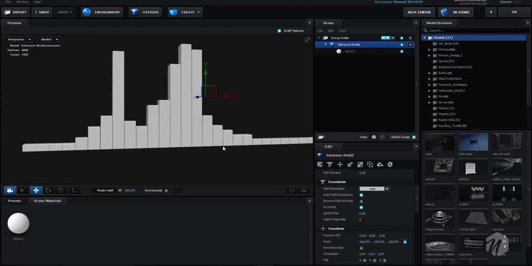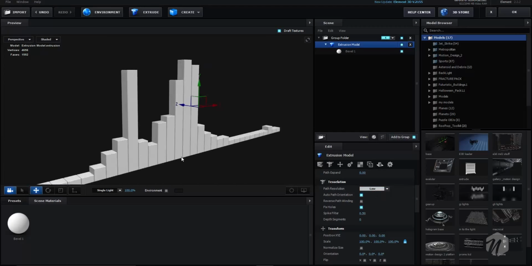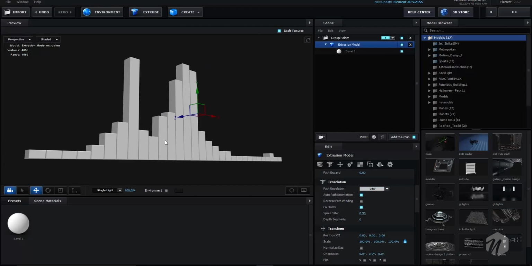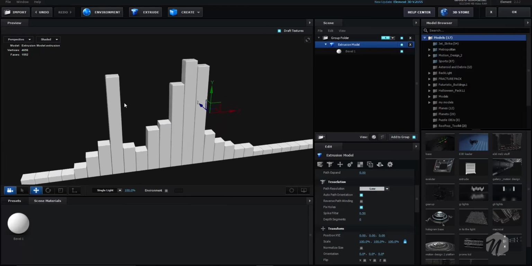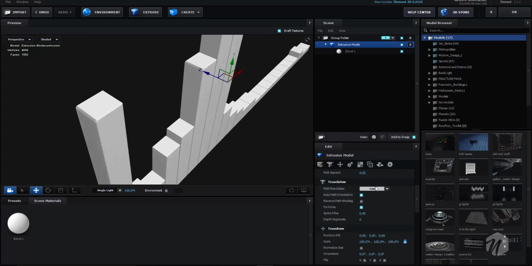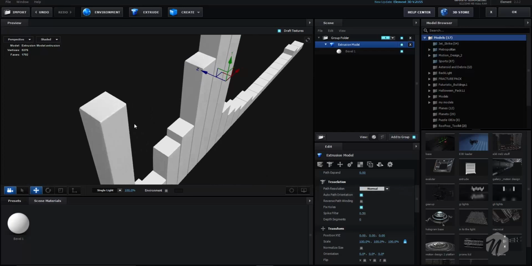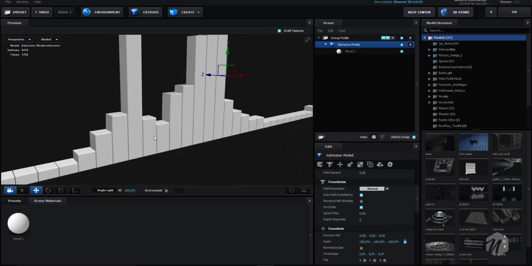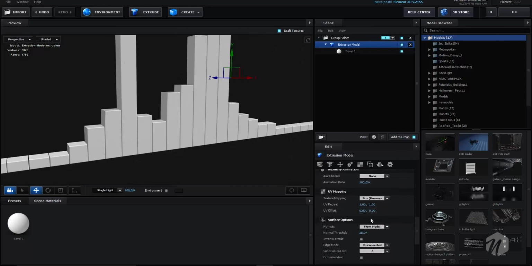So you can choose low, because low is also good, and we don't need too many segments because we are not going to bend and deform all of this. So depend on your choice. So make sure normal is good, and make sure the optimize mesh option is on,